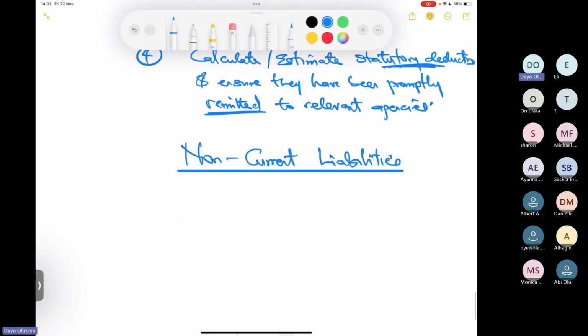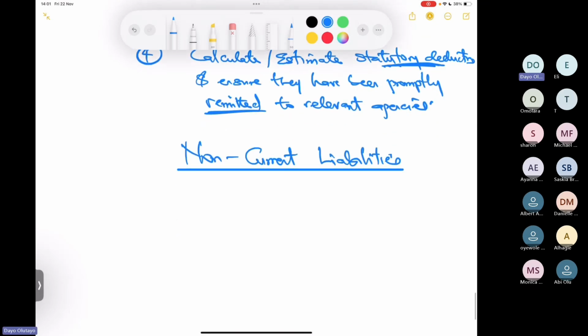And here we'll look at loans, and we'll look at provisions and contingent liabilities. Let's look at loans first because I've seen this a couple of times in questions as well. Yeah, loans